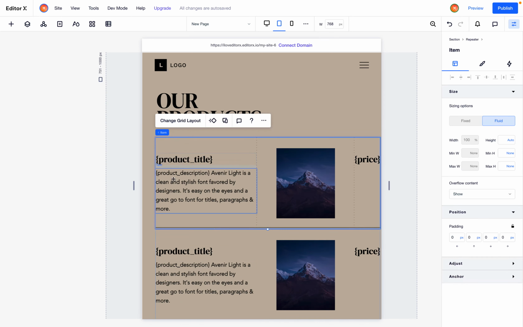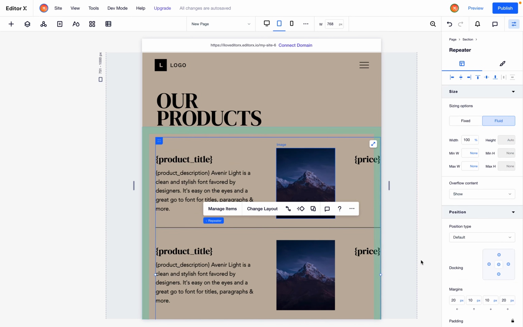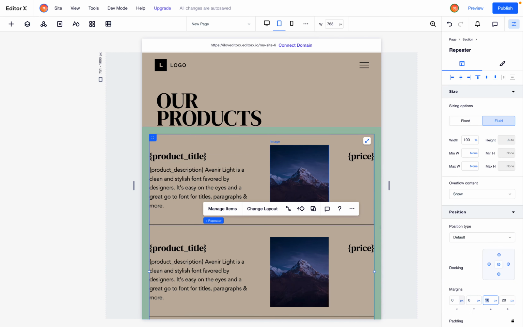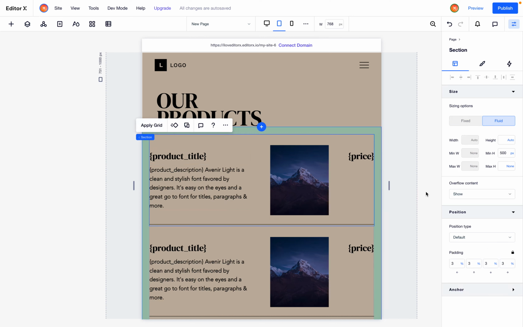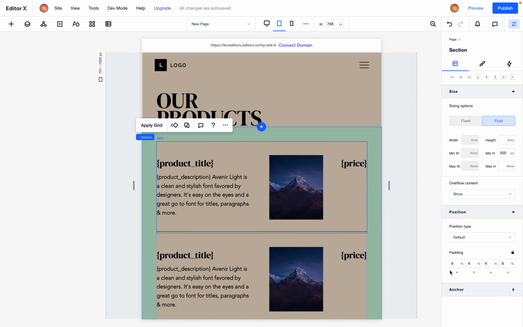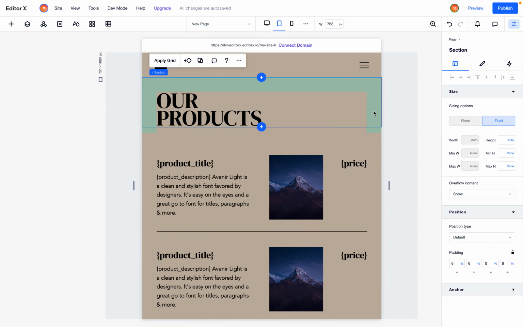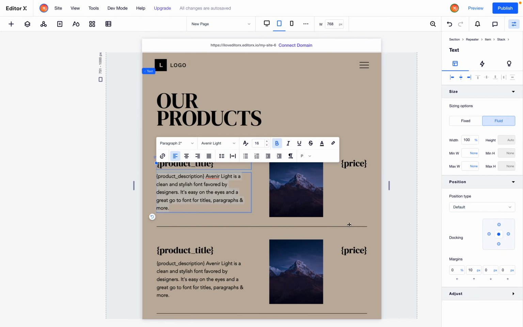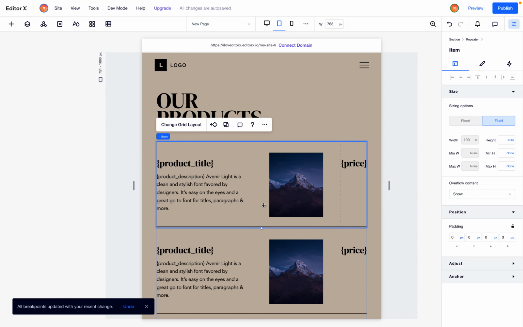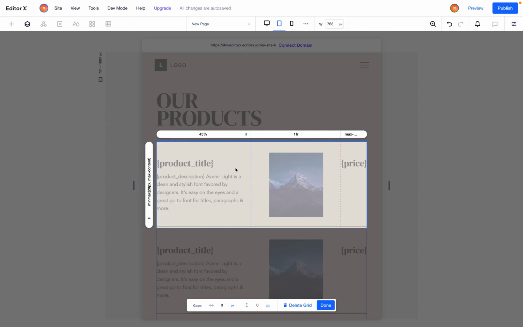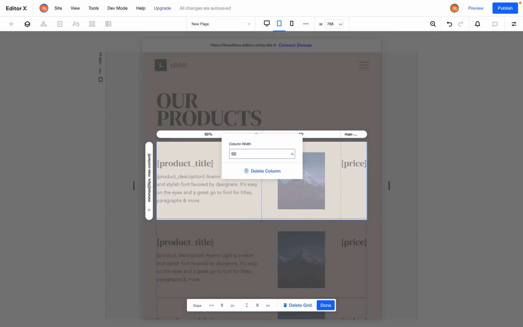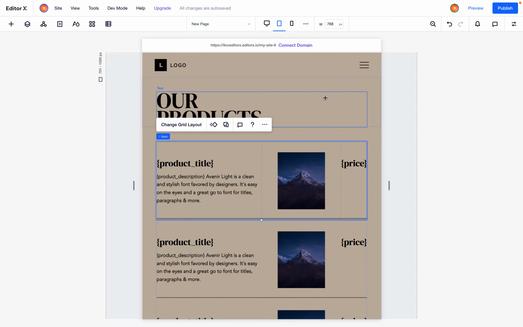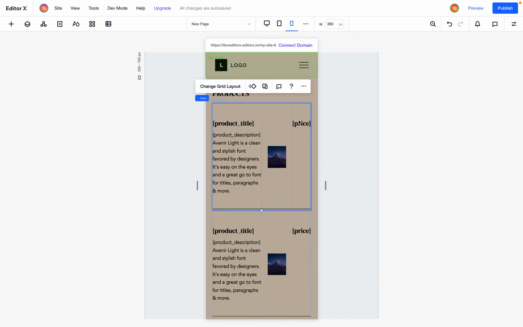Wait, something happened here. The repeater came with its own margins, so you know what, I can make it back 6%, and I can change this text to be 16. Right, something like this, and I can make it even 50%. This is tablet, and in mobile,